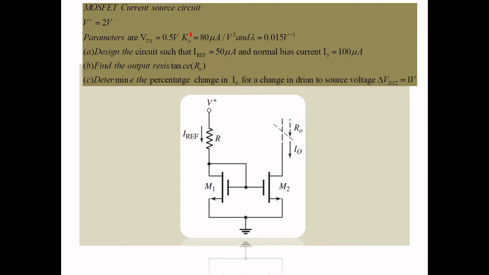Your reference current is 50 and the bias current is 100, so that is 2 times, not equal. That is one thing you have to understand. They are asking for the output resistance, which means there is a change in current and voltage. Channel length modulation exists, and you want to find the resistance. Then the current is changing, what is the percentage? VDS2 was changing by about one volt. What is the change they are asking? The VDS voltage will be given.